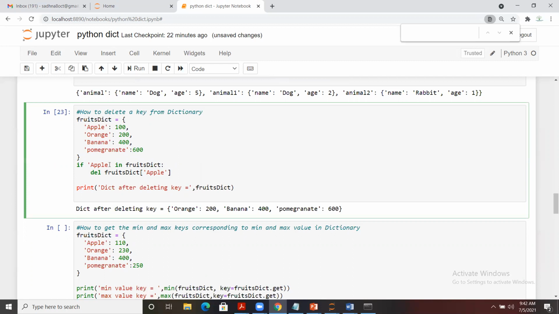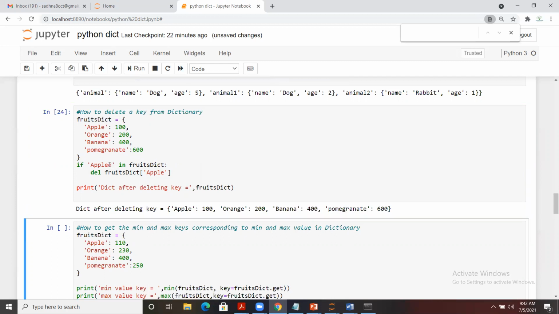If I pass something like this, it has not removed apple, because first it checked whether apple is there or not, and I have put a double E there, which does not match anything in the current dictionary, so it has not removed that part. So why did we apply this with if and delete? First it will check if that value is there, then it will delete. If not there, it will not delete. Clear?